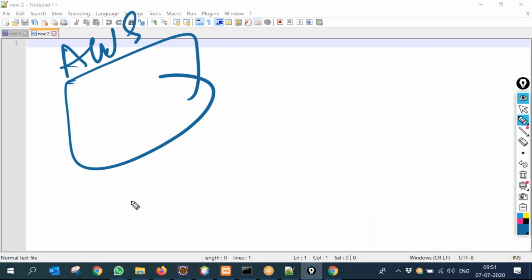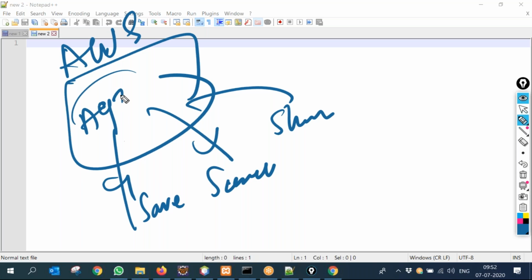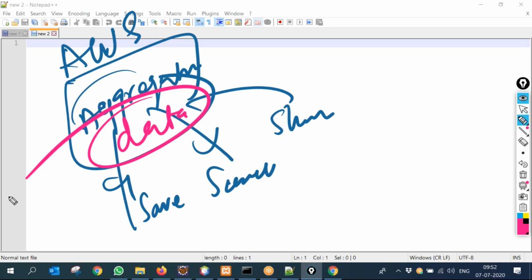AWS is there. Somebody is saying how to save, how to search, how to share. Everybody is writing a small application, and this guy became aggregator. And now data is here. Now, every data is being stored by big companies.